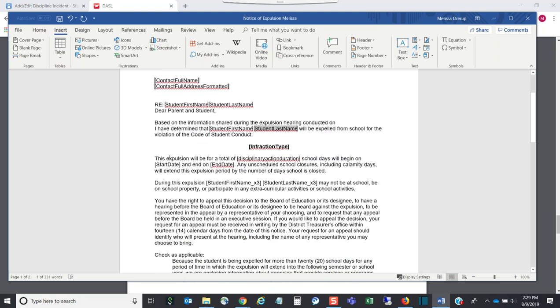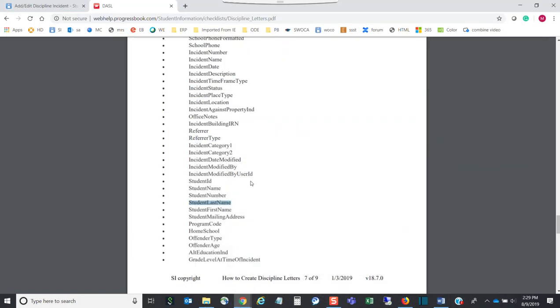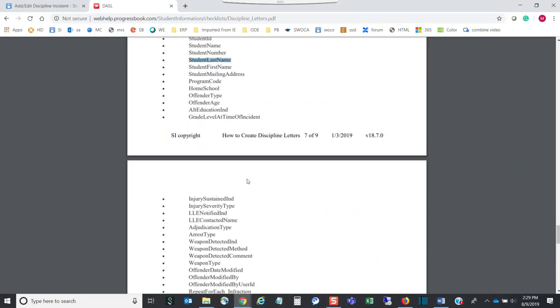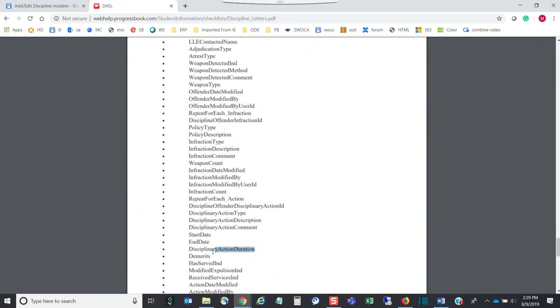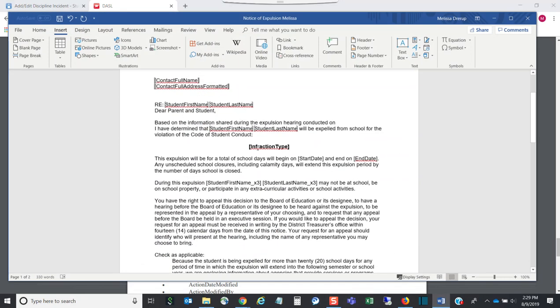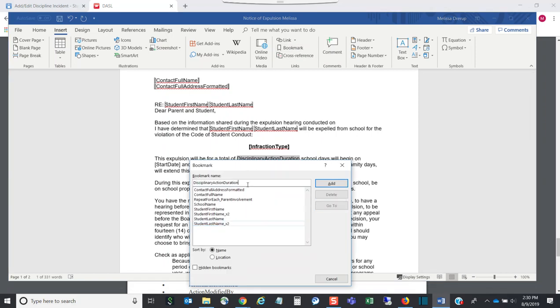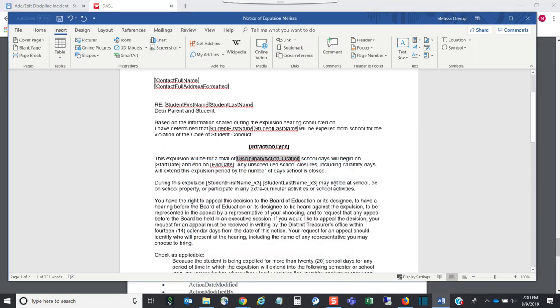Now, next bookmark I have, this expulsion will be for disciplinary duration. So I'm going to delete that because I don't think that one was printing right either. Look at all my bookmarks, and there is one for discipline duration. You just have to find it. Disciplinary action duration. Highlight that. Go back to my Word doc. Paste it in here, put a space, and then highlight it again. Add a bookmark. Highlight it into the bookmark spot and hit add, which will begin on this date and this